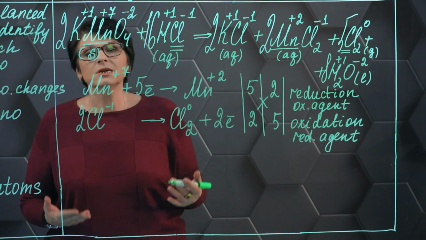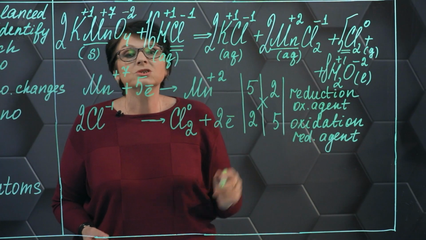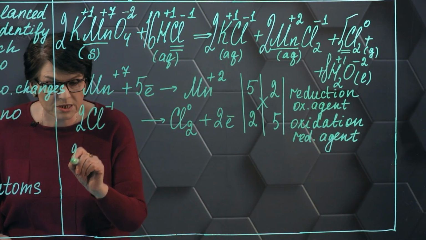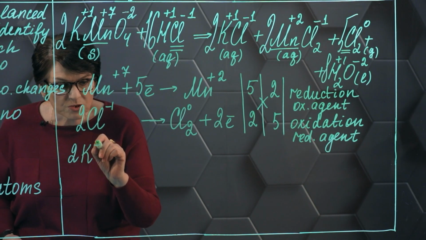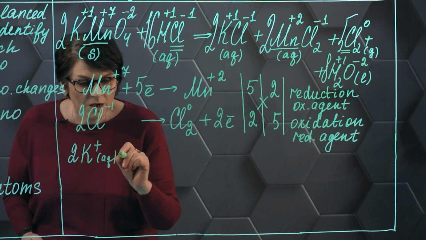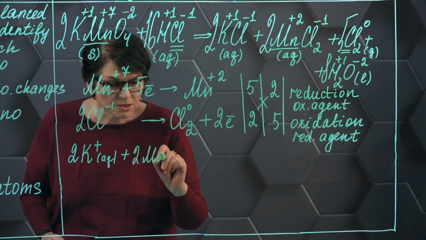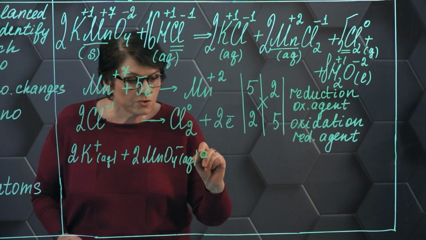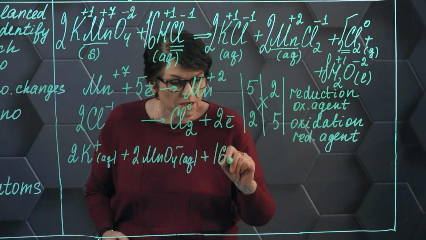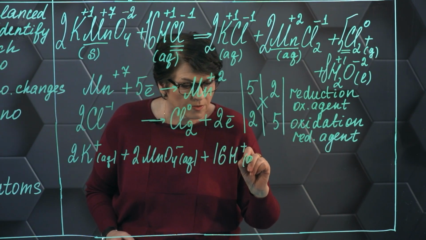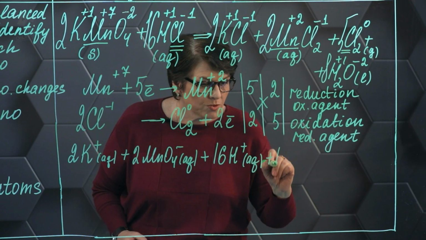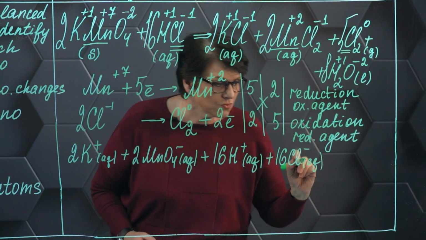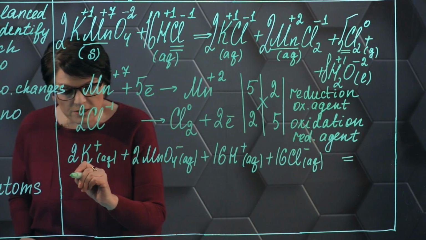For instance, it could take the following form: 2 potassium ions plus 2 MnO4 minus, plus 16 H plus in solution, plus 16 chloride ions in solution, equals 2 potassium ions